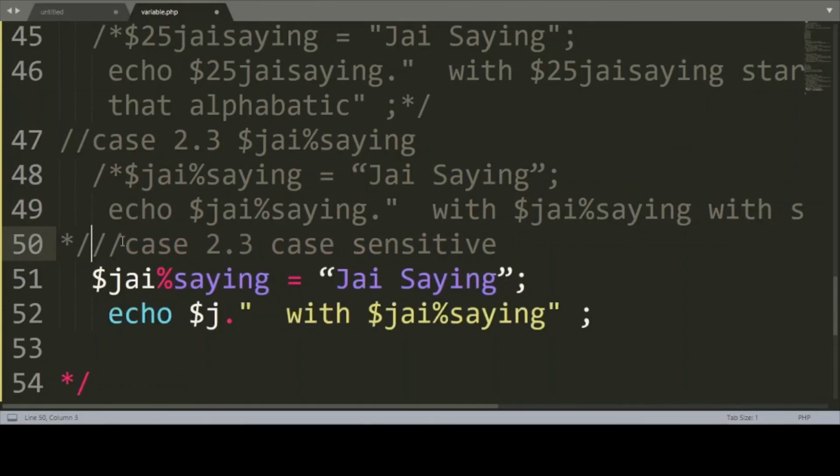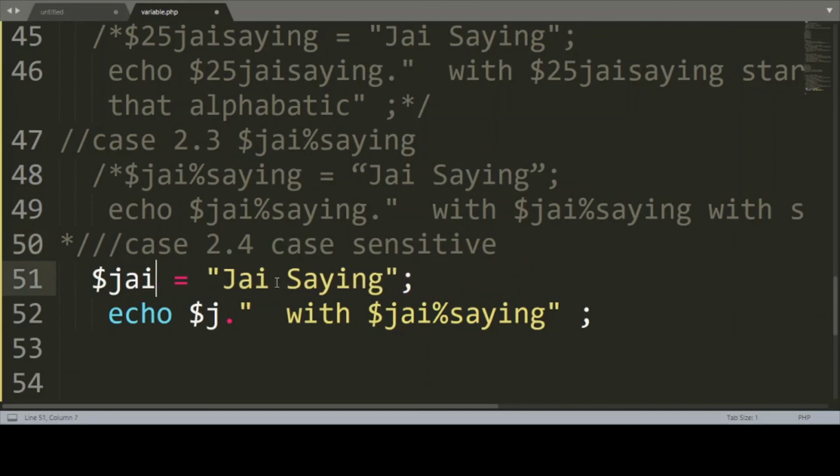I am going to open this one, the last case of the variable concept. Okay, so this is the case sensitive case. I am going to print this one. In this case I'll change it a little bit, so this is the fourth case sensitive case.